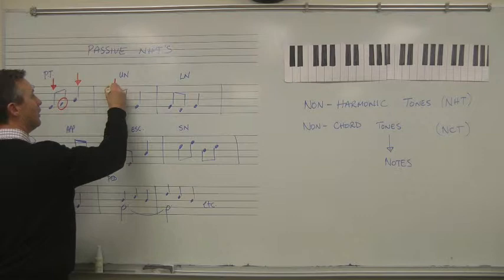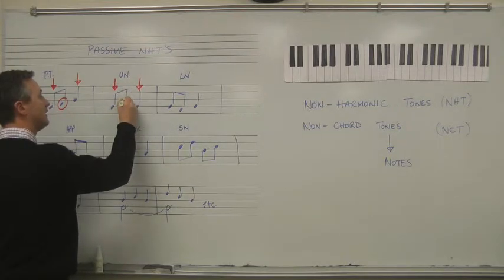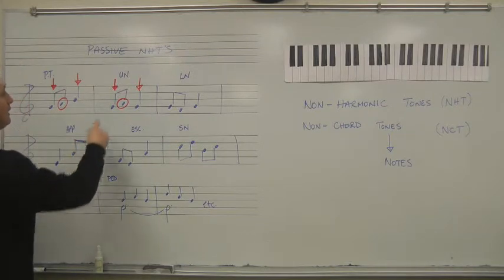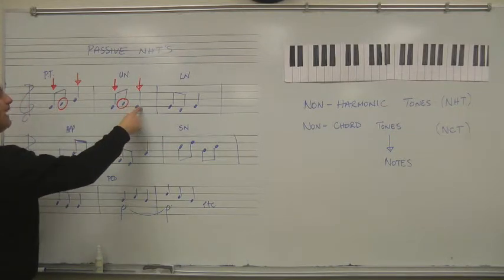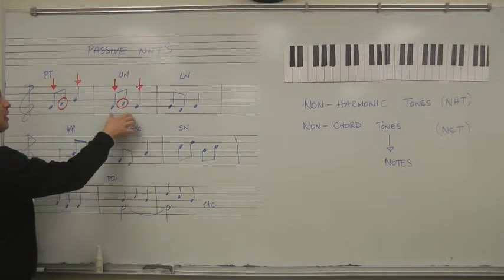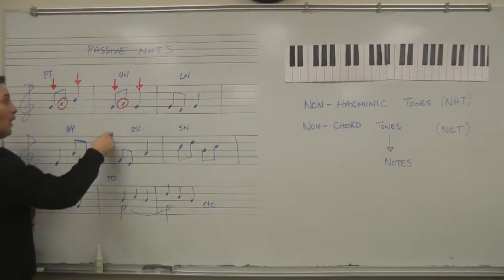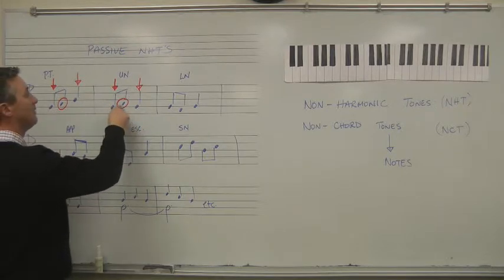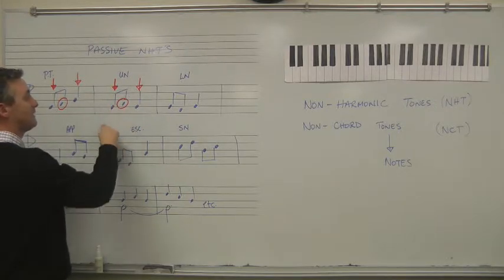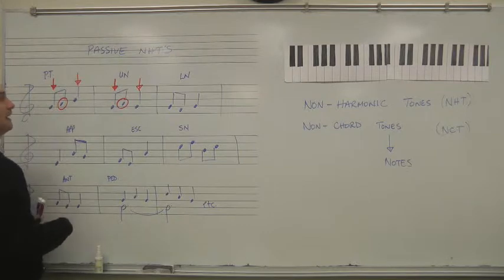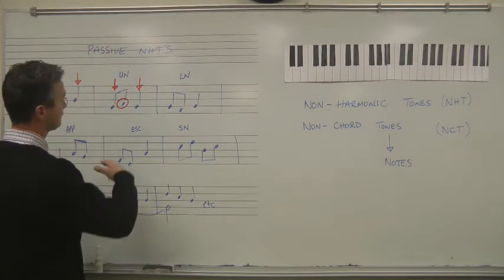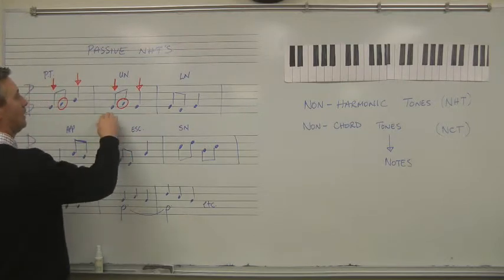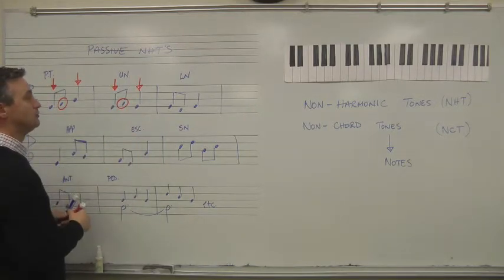Here again, here's the harmony, and here is the non-harmonic tone. This is called an upper neighbor, where you move up to the note above and back down to a note in the harmony. The harmony can change here. This could be one chord, and this could be a second, different chord, but this note would not fit in either of those chords. And that's what makes it an upper neighbor. It's just a little adjustment, a little rocking, if you will, up above and back down to two notes that